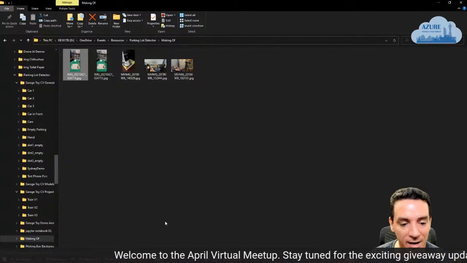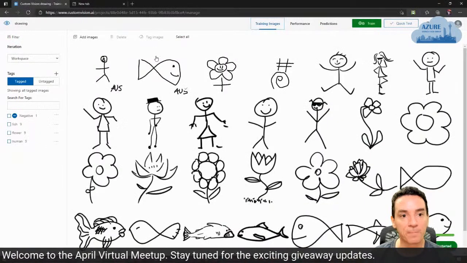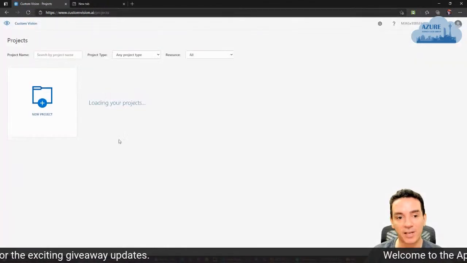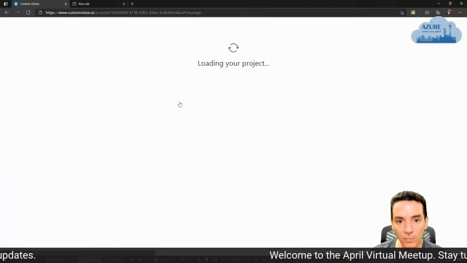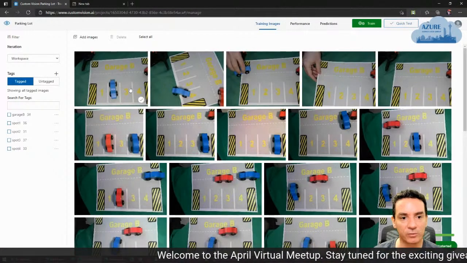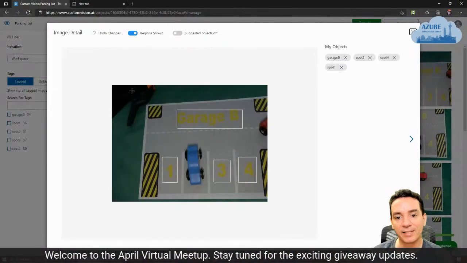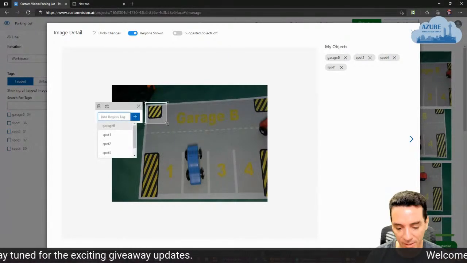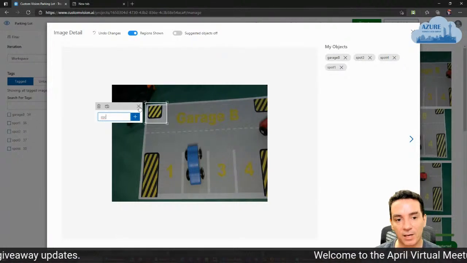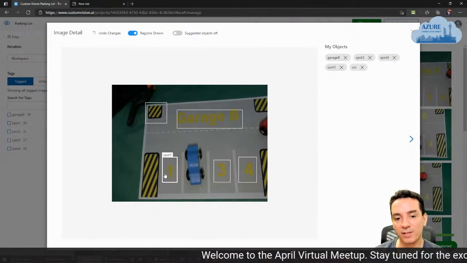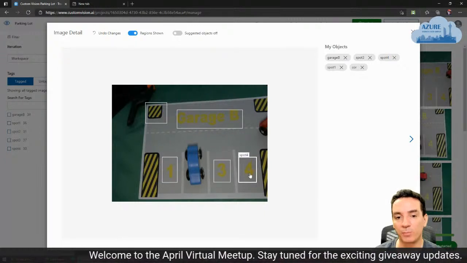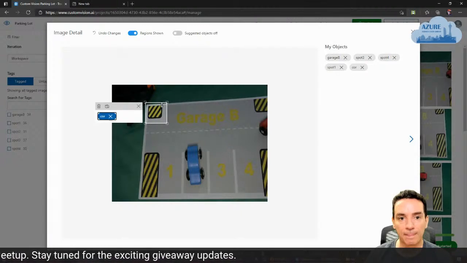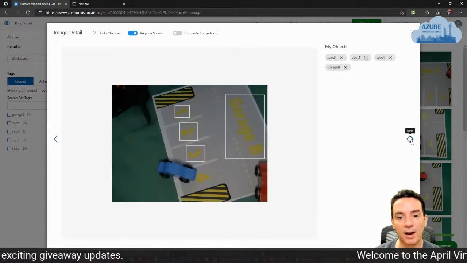I created a machine learning model in Custom Vision. If I go here, this is a different model. I didn't tag each one of the images here. What I have here is, I think it was 40 or 50 images, and I tag and select each one of the images. So I can select this and apply a new tag for corner, but I am not going to do this. But I select each one of these and this is spot number 1, this is spot number 3, spot number 4, garage. Let me remove this. We don't need this.